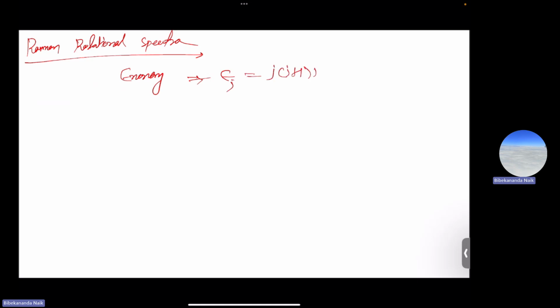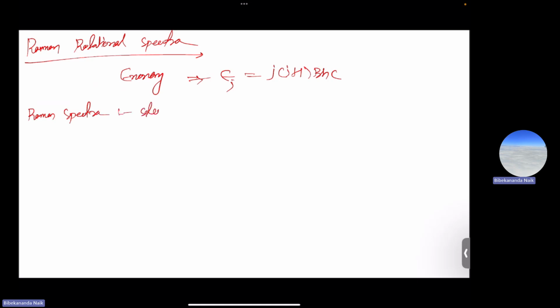So if we discuss Raman rotational spectra, we know the energy of a rigid rotator is given as Ej equals J into J plus 1 BHc. However, for Raman spectra, the selection rule is